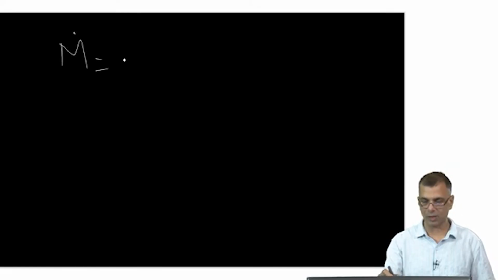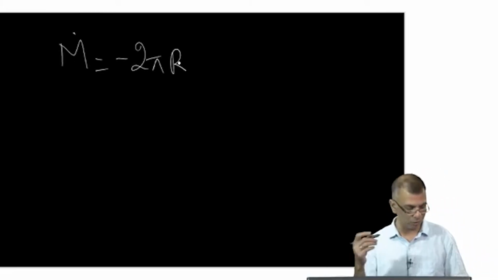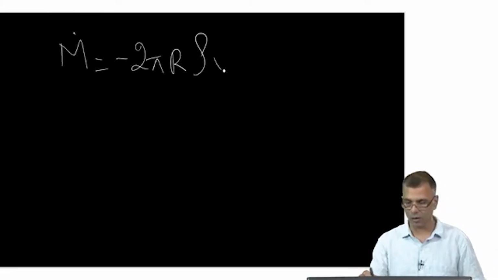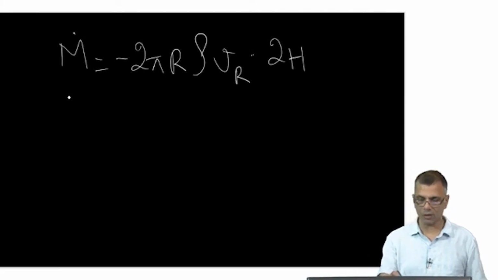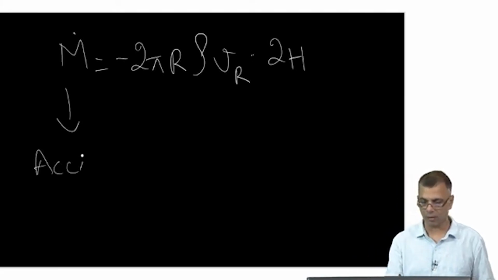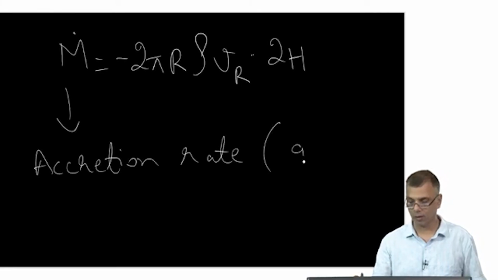This is essentially the mass conservation equation, right? And this was written as minus 2 pi r times rho times Vr times 2h. So this is the accretion rate in grams per